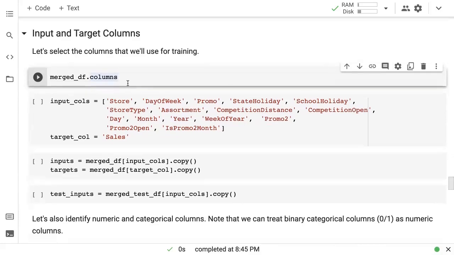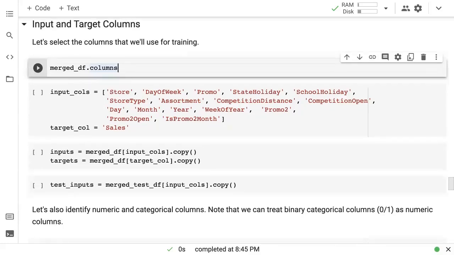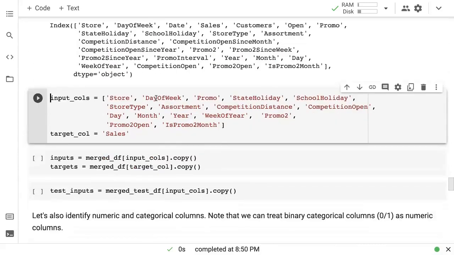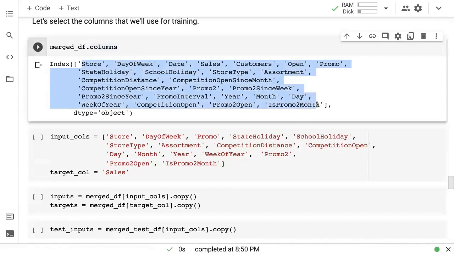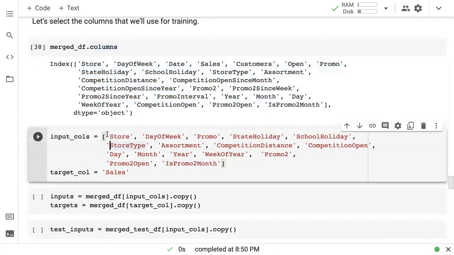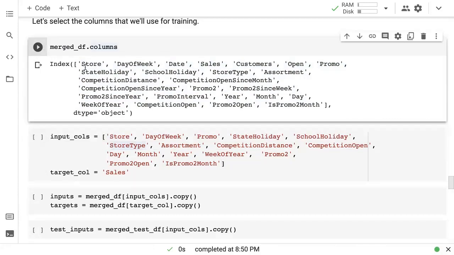But that said, moving on from feature engineering, let us now select the columns that we want to use for training. So here, these are all the columns that we have now either picked up from the dataset or created. And out of these, let's see which ones we are going to use as inputs. The store should be an input. We can keep that because the store numbers in the training set and the test set are the same. We are making predictions for the same stores.